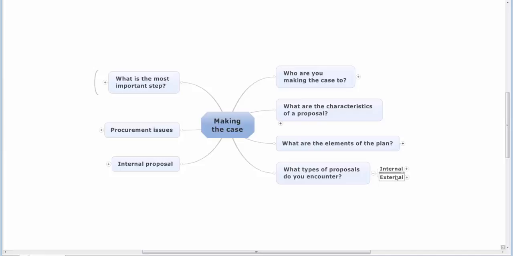So for example, the internal and external, where you might be looking at something in an internal funding source, or else you might be looking outside for some other funding source. A little bit more about the internal proposals, and then a bit about procurement and the rules and regulations and the experiences that you could expect to have as part of procurement. And then really kind of finalizing with the most important steps. So of all of those things, of lots of rules, regulations, etc., what is really the key thing that you should be thinking about when you're actually considering developing a business plan for an activity, and also how you can make that case as effectively as possible.